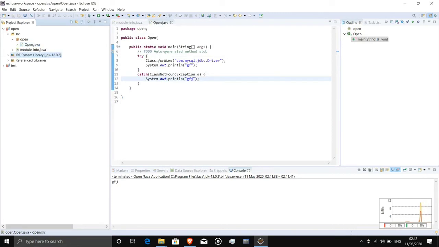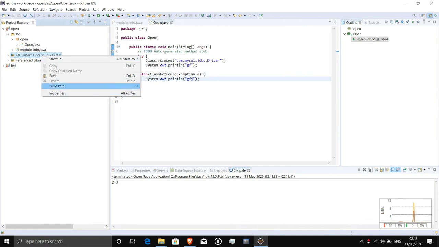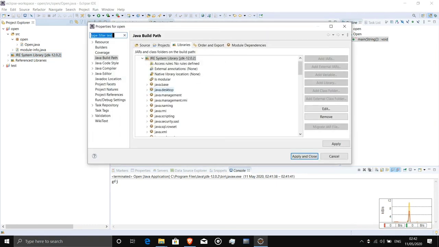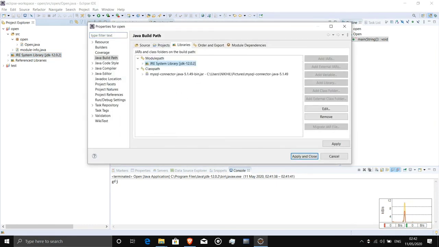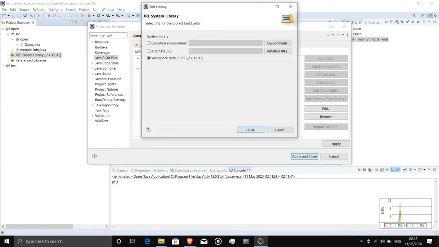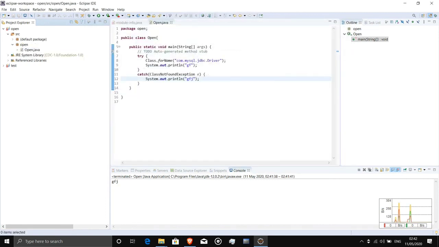Now we have to do one more thing. We go to build path, configure build path, and now we go to JRE, and double click on JRE system library. So you can see, we will click execution environment. So finish, apply and close.